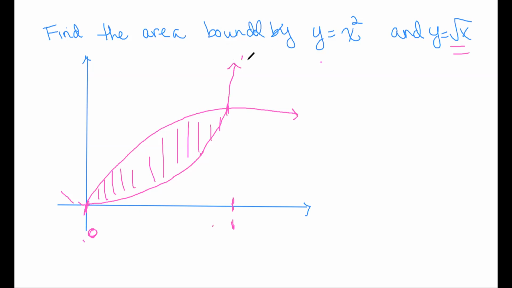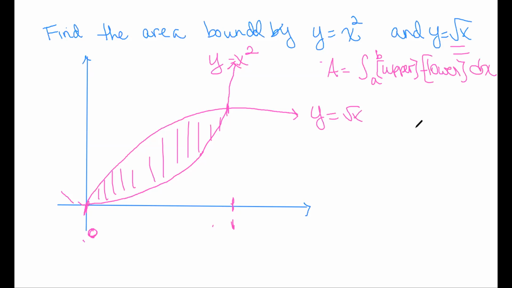And actually, this is x squared, and f of x equals, actually, I won't even say what it is. I'll say y, because I don't want you to think f of x for the formula. So I'm going to say y equals x squared and y equals square root of x. And I know that is going to be the integral from a to b of the upper function minus the lower